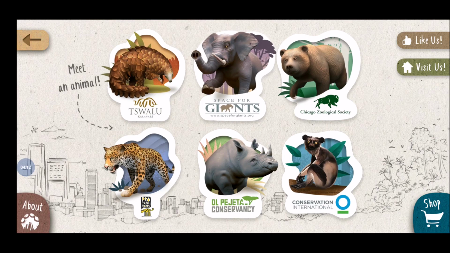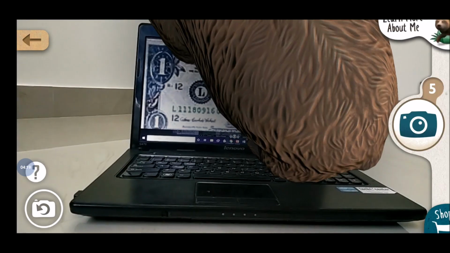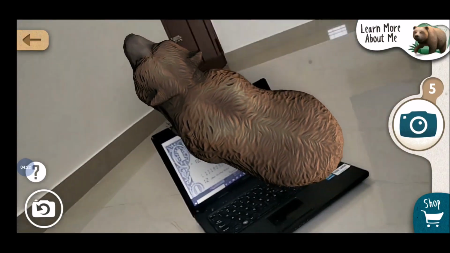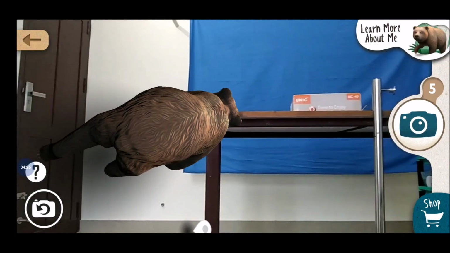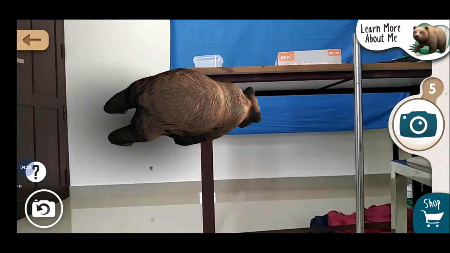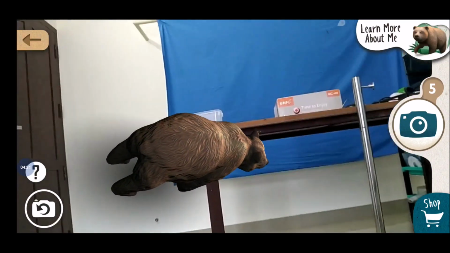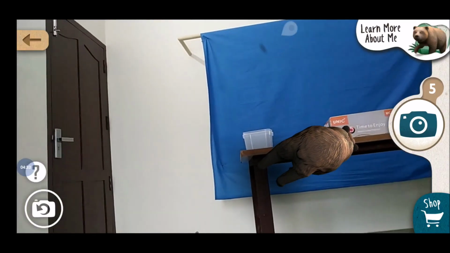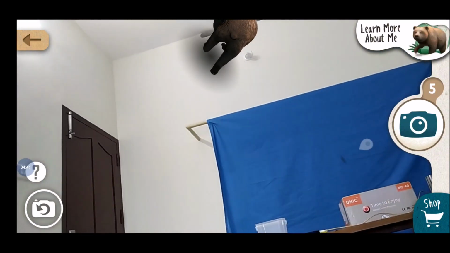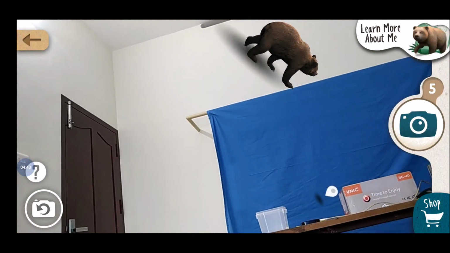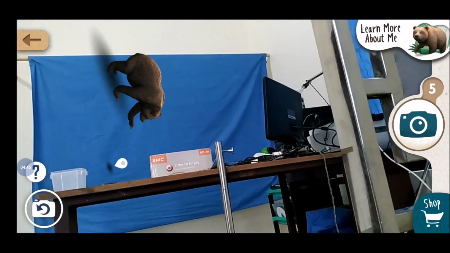Next I would like to choose another one, deer. So welcome man. That also moving. So what a different, colorful, motivating experience for our children. They will go wherever. So we can move, we can increase the size also. Just make a movement with your finger. It will come wherever you want.